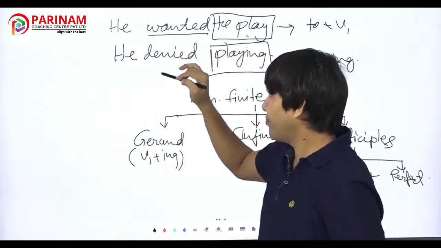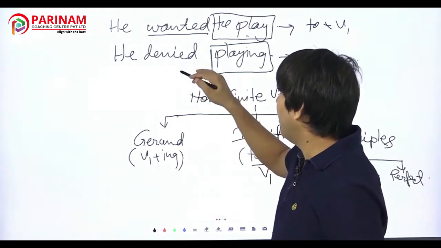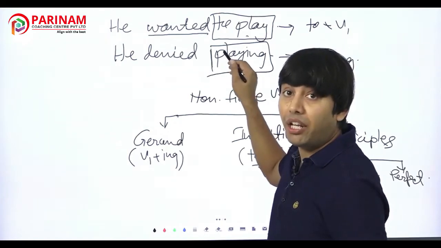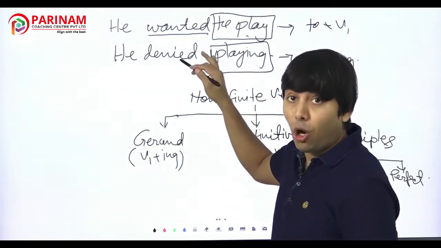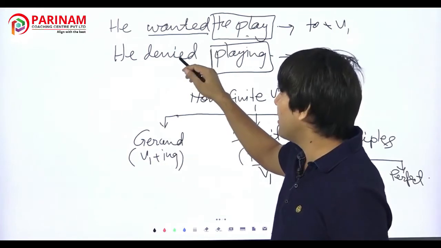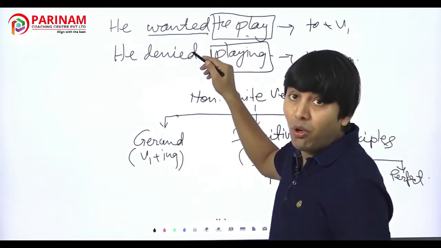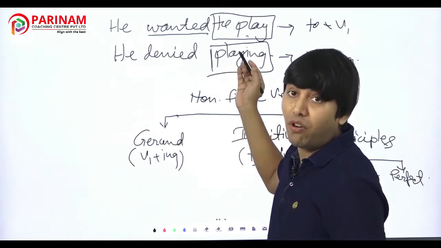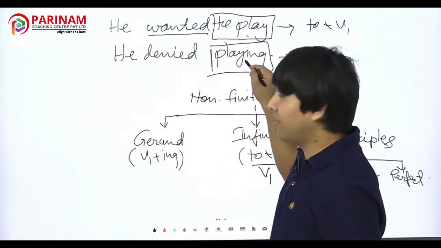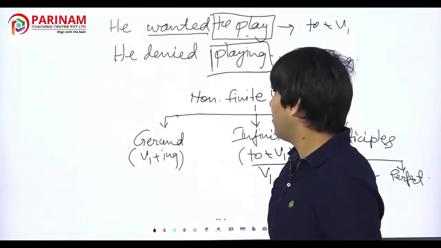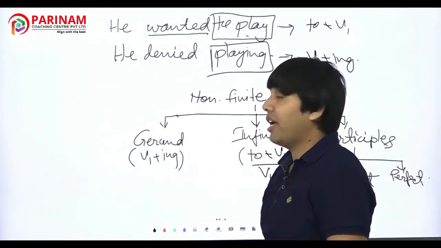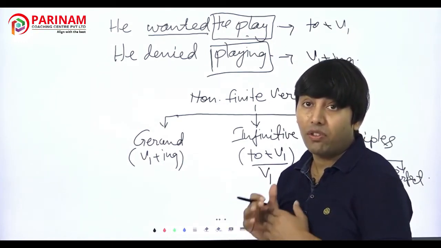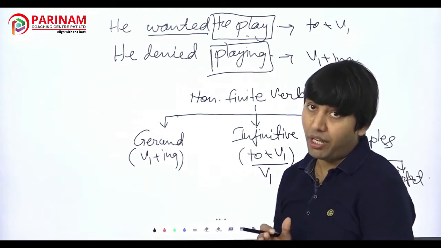But if I wrote played over here after deny, then it would be wrong. Why would it be wrong? Because as I told you, its nature is different from want. It is followed by the ing form of the verb, and this is called gerund. So they are written in the form that depends on the nature of the word they are written after. Okay,